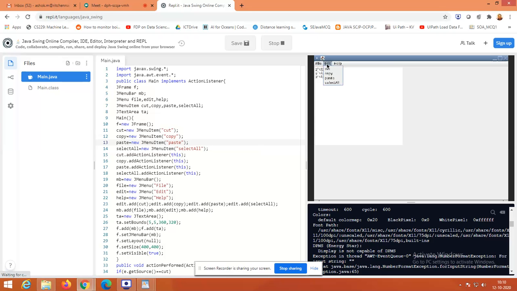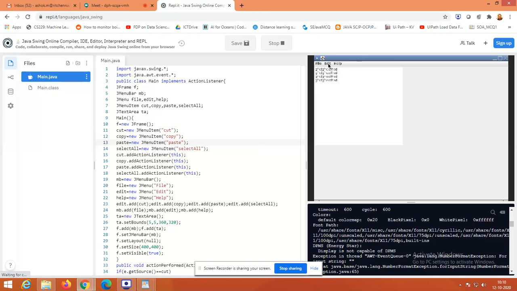No options I have given. So if I'm going to click edit, it is ready to show cut, copy, paste, right? Even if I want to perform this option, I have to write my event handling for each and every option, right? So for example, I'm going to paste. Already it is available in my clipboard, right? So that it is ready to paste that. So for example, in the new line, I will show you